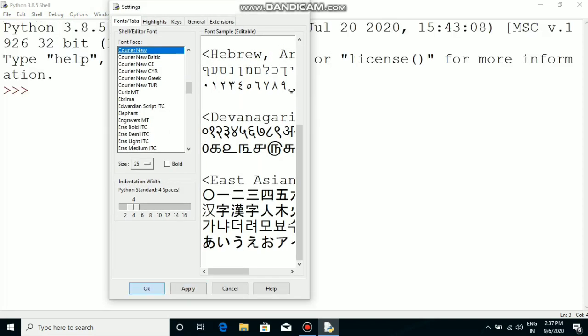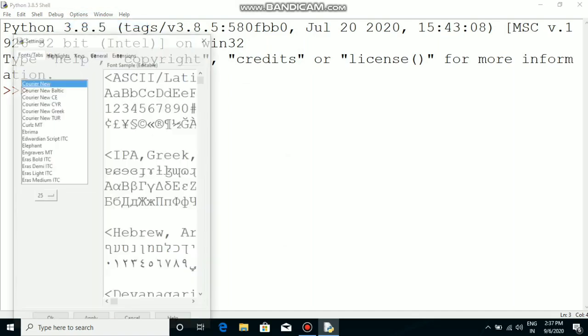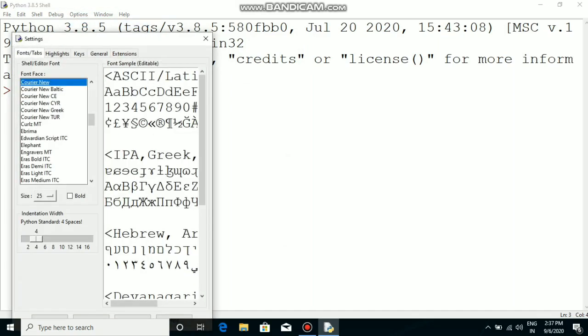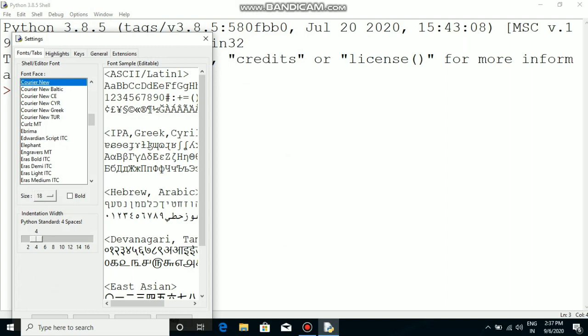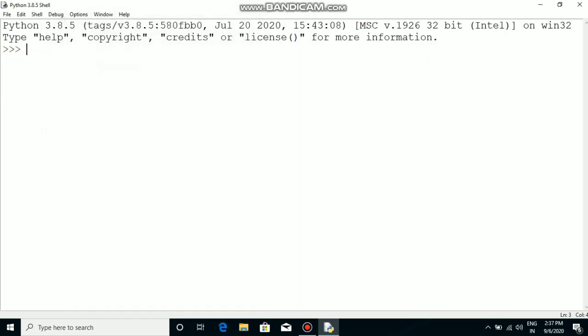Okay, now I can see the apply option, and it looks too big, so I think I have to decrease it. I will go again in configure IDLE and size, and then I will select around 18. Okay, 18, and then you have to press apply and okay, and now it's okay. That's better than 20, which was just like zoomed.